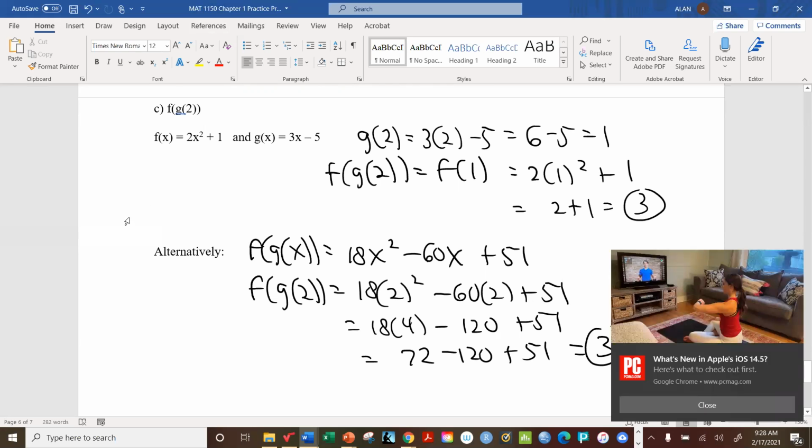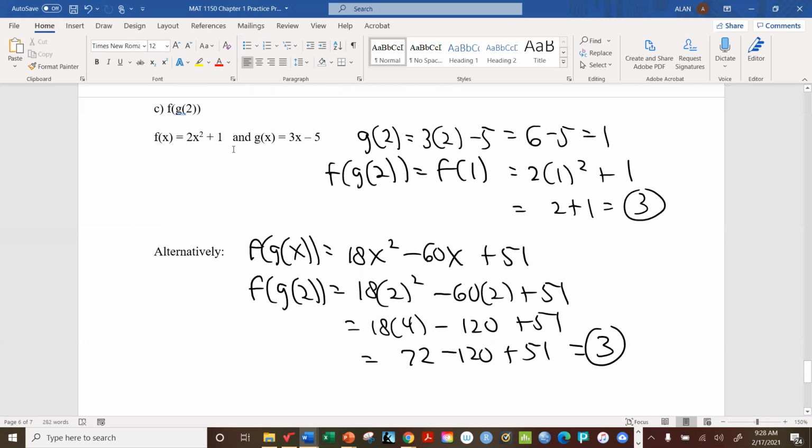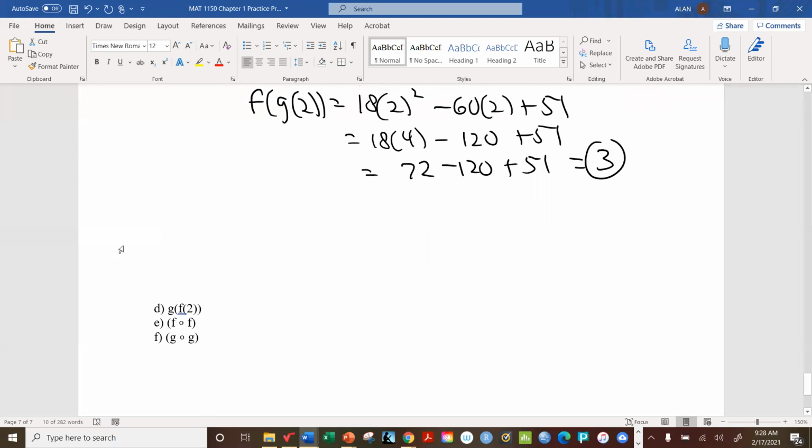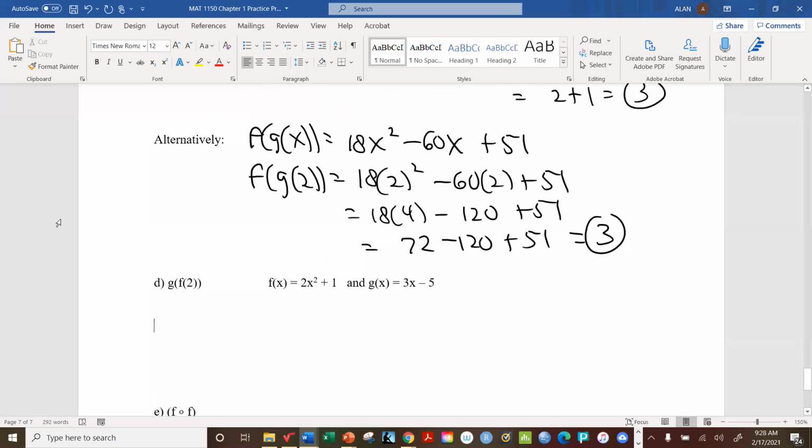Now, for D, we're doing the opposite. It's g of f of 2. All right, so let's do this in two different ways again. Now, like I said before, here's what you can do. f of 2 is very simply,